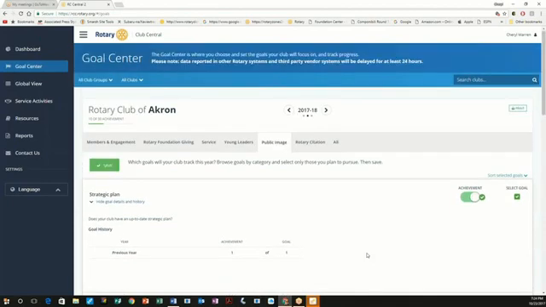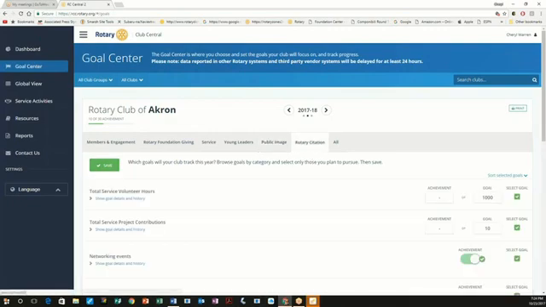So I'm going to go back to the top, and I didn't change anything, but always remember to save. Rotary Citation. Most of you, if you haven't heard this already, probably know this as the Presidential Citation. Rotary International's president has historically set a series of goals for each club to meet to get special recognition.